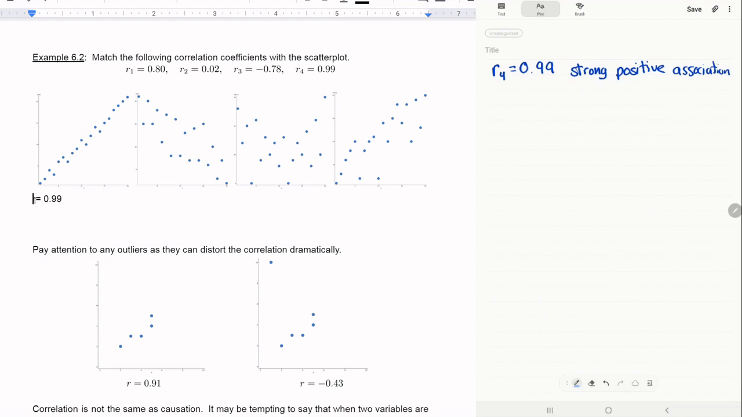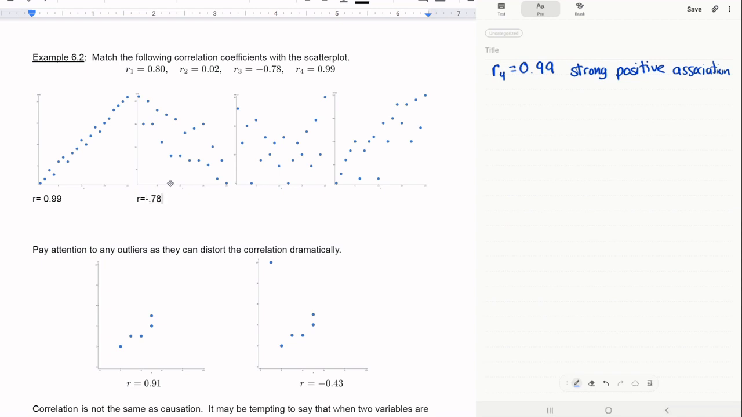Okay, so now let's have a look at the second scatter plot. If we look at the relationship between our variables, what we have is a negative association. As one variable increases, the other variable decreases. And if we look at the correlation coefficients, the only correlation coefficient that is negative is R3. And so this correlation coefficient is going to be negative